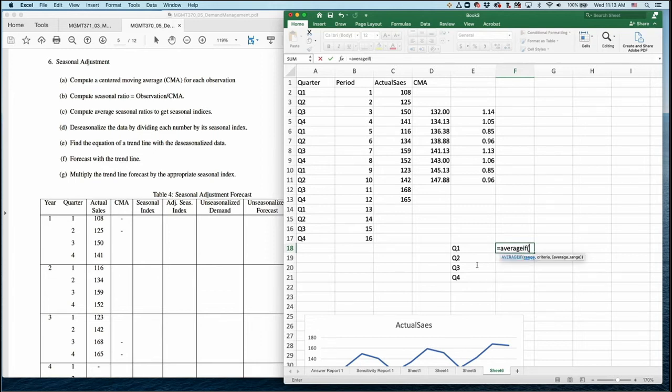To do that, we just compute this average range. This is the range, and then we can fix this range, and the criteria is like this. And then later on, we can compute this seasonal index. So actually this is the seasonal index,